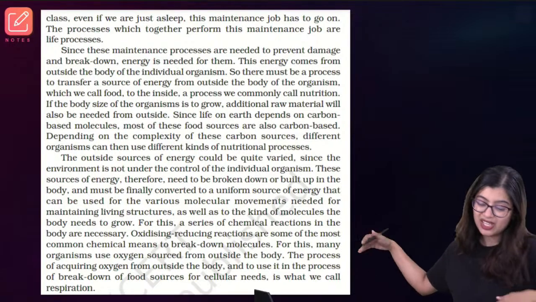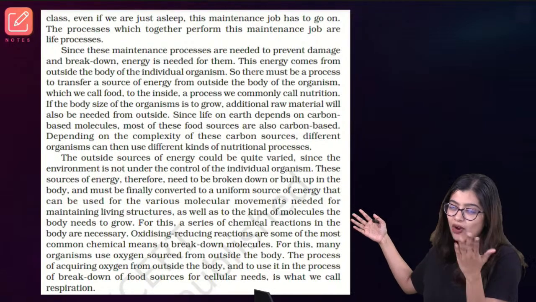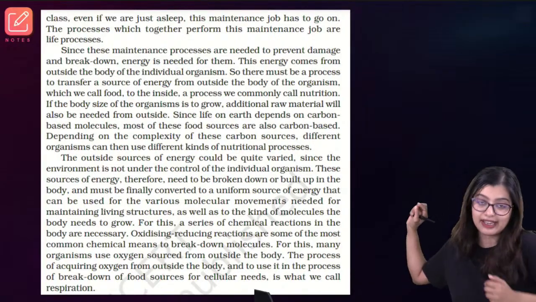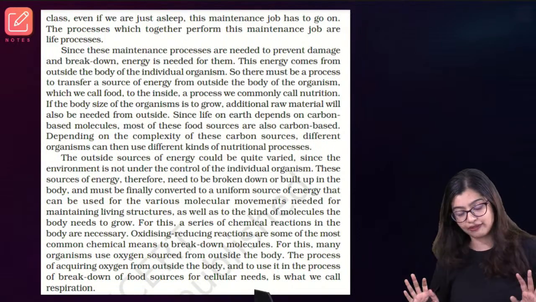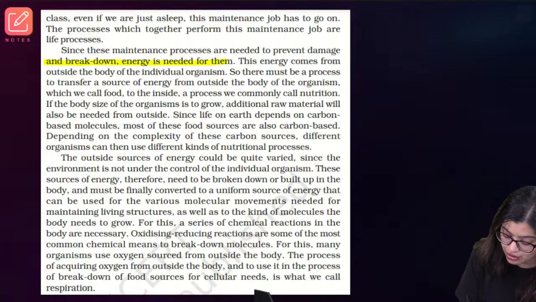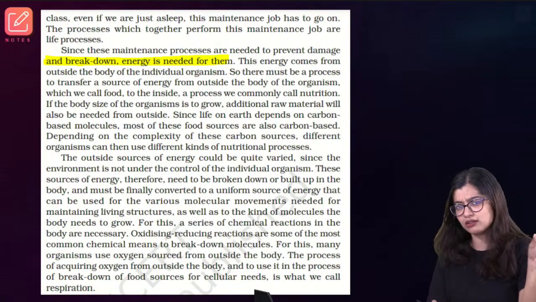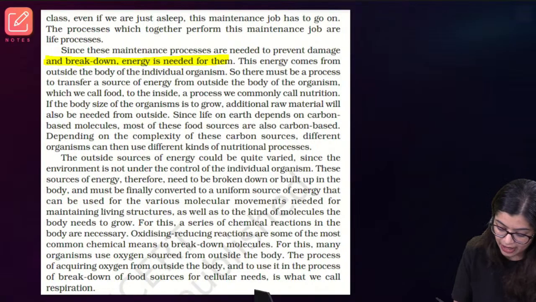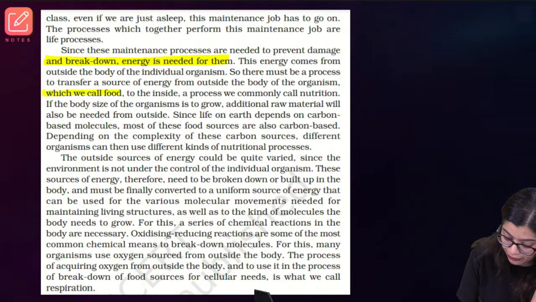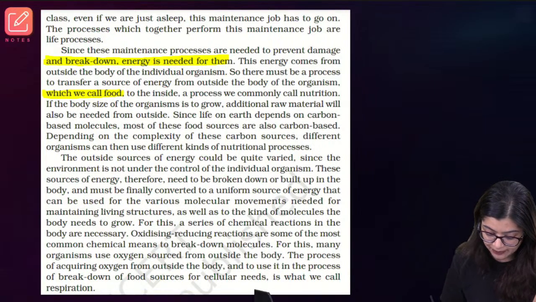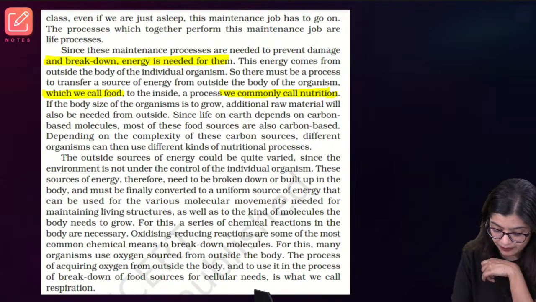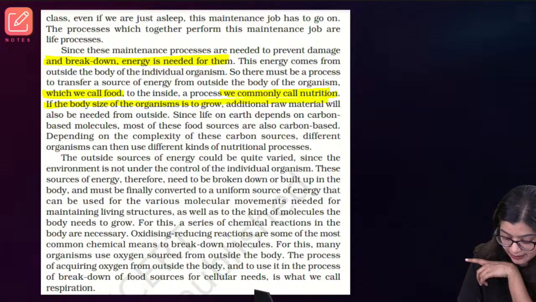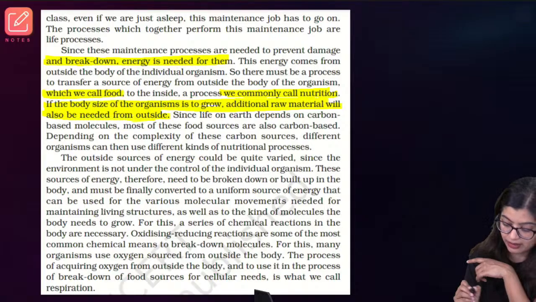Next up, right? So this is a maintenance job. Now this is the paragraph that we keep ignoring. The intro paragraph we ignore left, right, center, which is why I went through the paragraph in detail. So we know that these processes are necessary to make sure that our body functions properly and ensures growth, development, all of that. For that we need energy. Where does energy come from? We know that for energy we need food, right? So food is the fuel that drives our body. And obtaining food and utilizing it is what we call nutrition. Now if the body size of the organism is to grow, then additional raw materials would also be required.